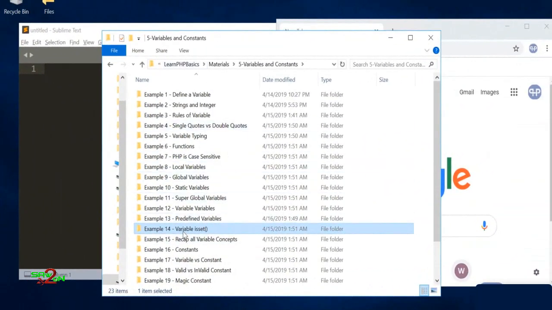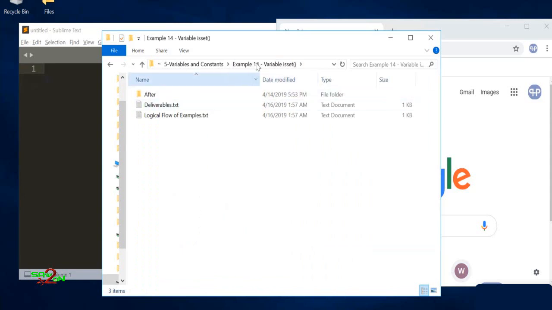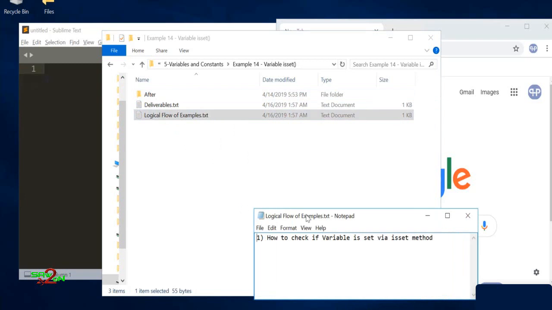Welcome to the lecture on variable isset. isset basically is a method to check whether a variable is set or not. Okay, so in this example, if you go to the material example 14, open the logical flow,